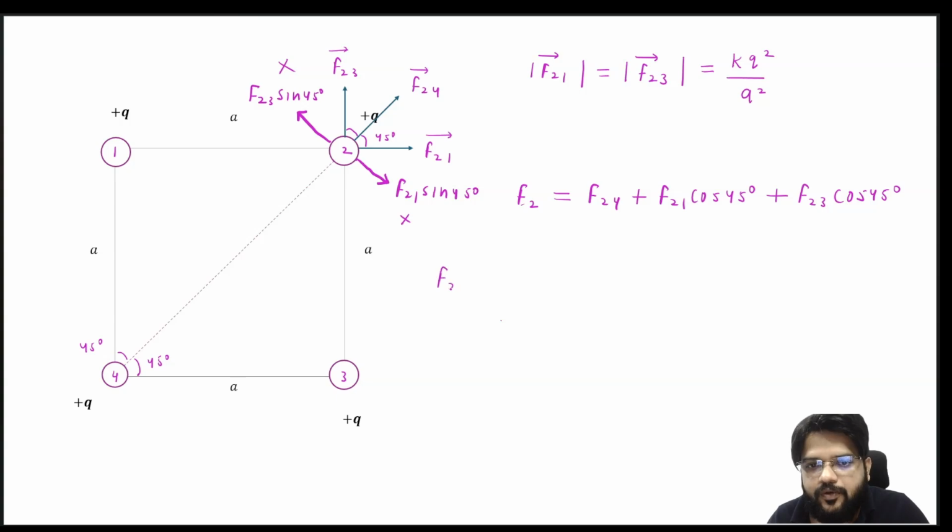So F2 is equal to F21 cos 45, so it is KQ square by A square, correct? And if we add this and this, it is 2 F21 cos 45. And F24 is what? KQ square by... see it. What is the distance of the diagonal, everyone? This is A, this is A. So from Pythagoras, it should be root 2 A. So I am writing first of all F24. So it is KQ square, and the separation between charges is what? Root 2 A. So root 2 A square we will write here,